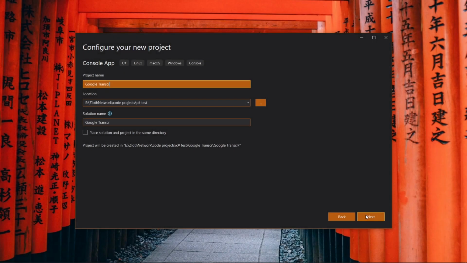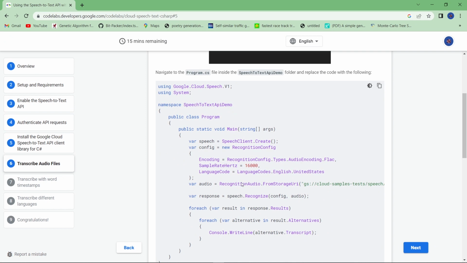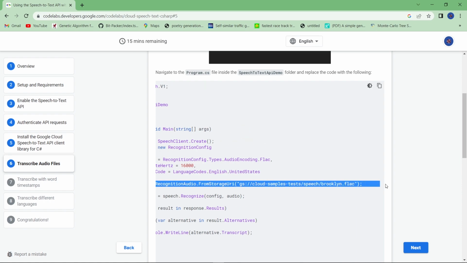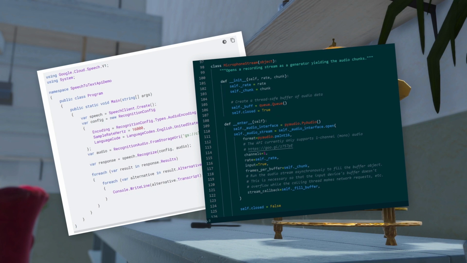When I was looking to implement the same program in C#, I quickly ran into a problem. There were no examples or help relating to how to use the Google API in C#. Now, don't get me wrong, Google had solid documentation and even an example project, but it was for offline transcription. So with just that and the Python code in hand, I began the tedious process of translation.